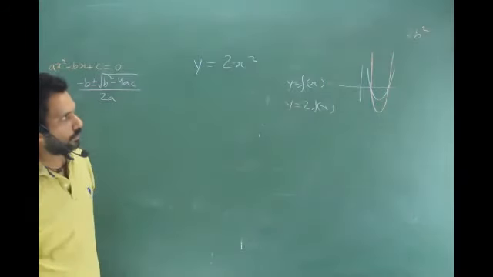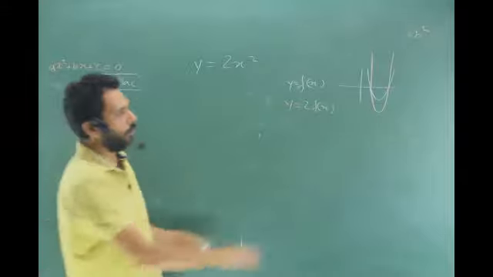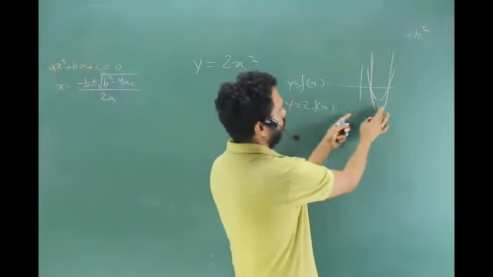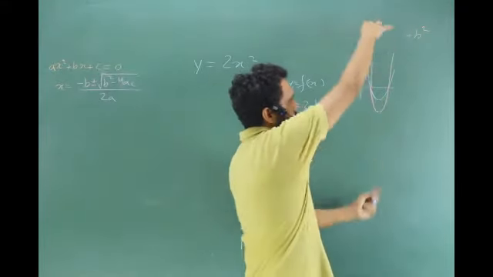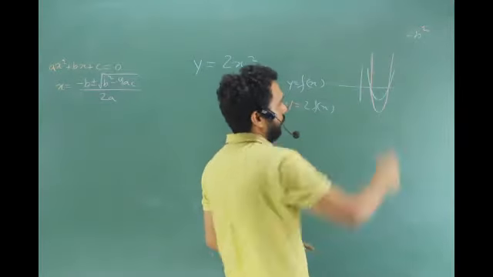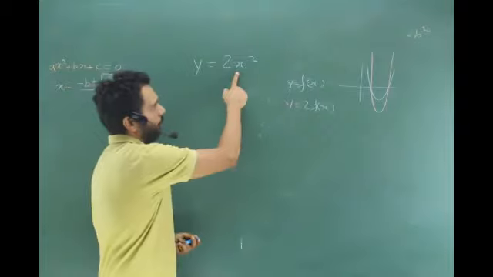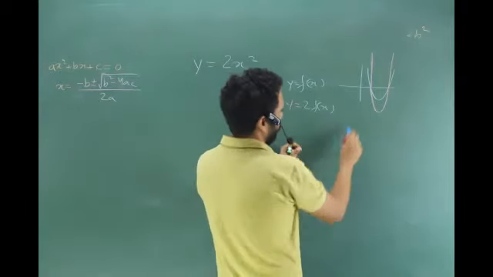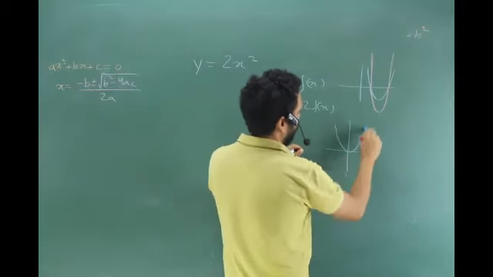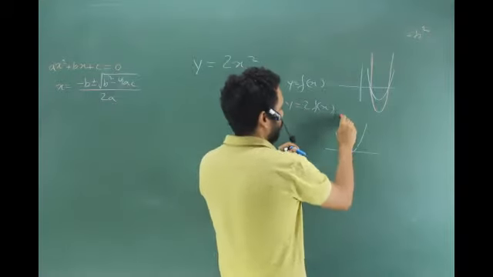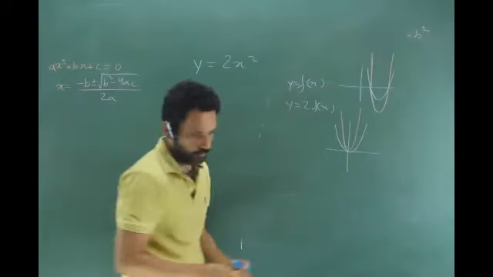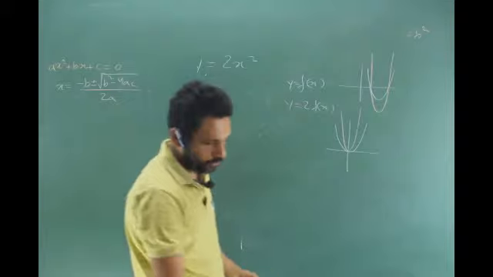So don't think it will go in or out. Here it has gone out, here it has gone in. It has just become, any height has become double the height, right? Is that clear? So what will this graph look like? Where x square was like this, the 2x square will be like this, right? Even steeper, sir.